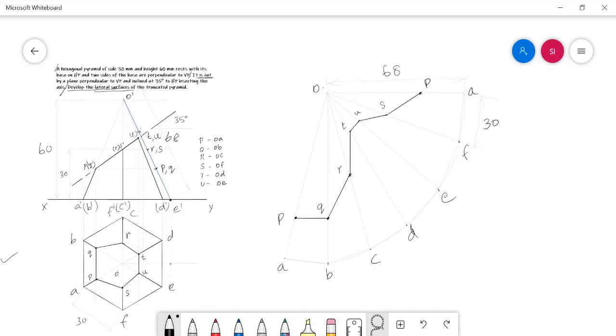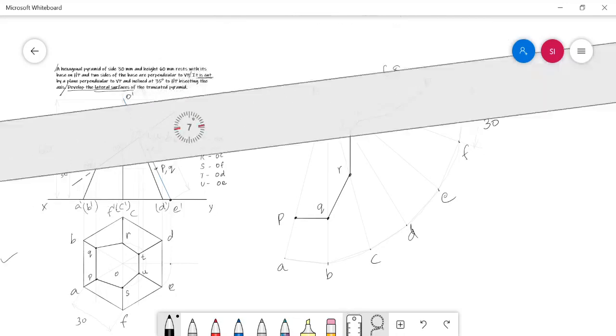So I have to darken the edges in the retained portion using the HB pencil.